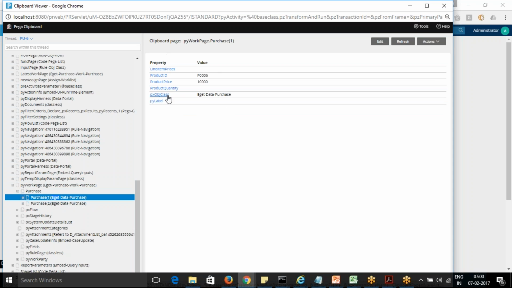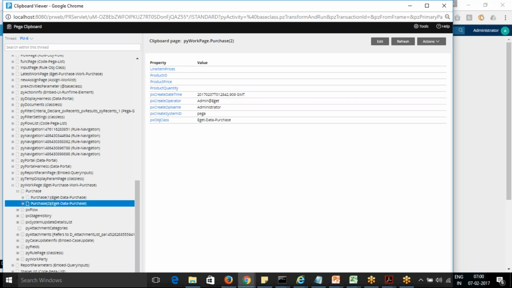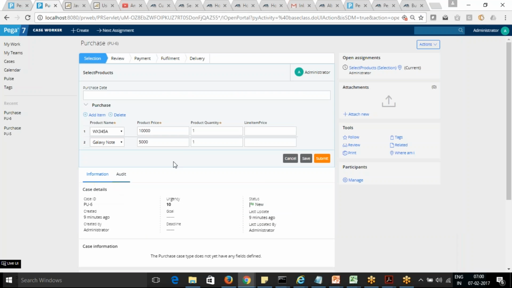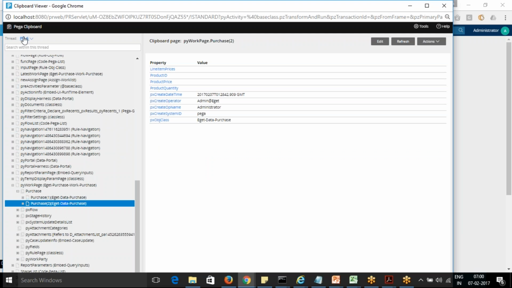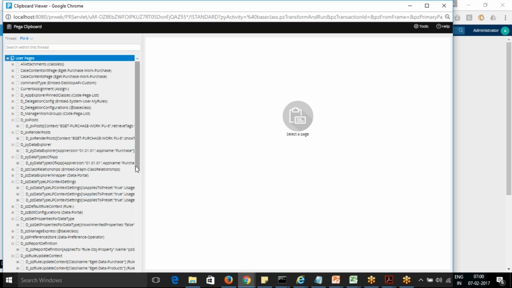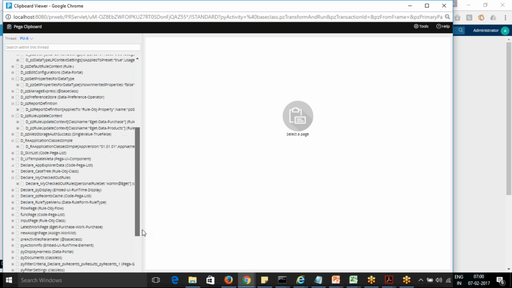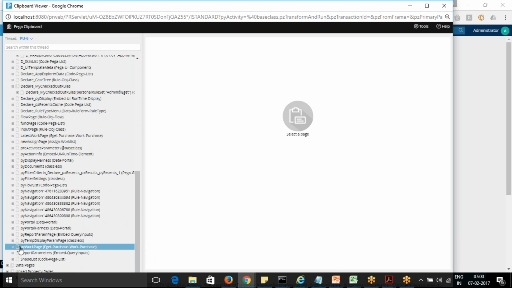It's a little different. Here we don't have all of the fields. So let's say I add one more field now. This is a little weird.